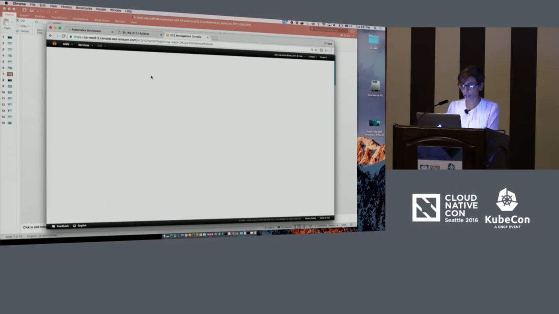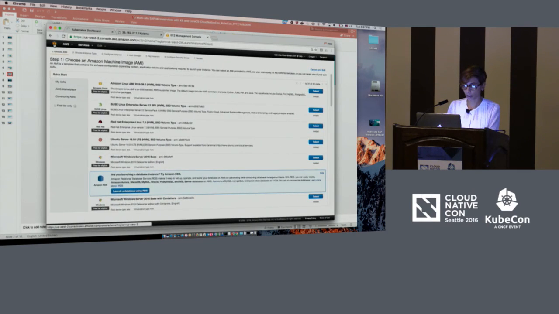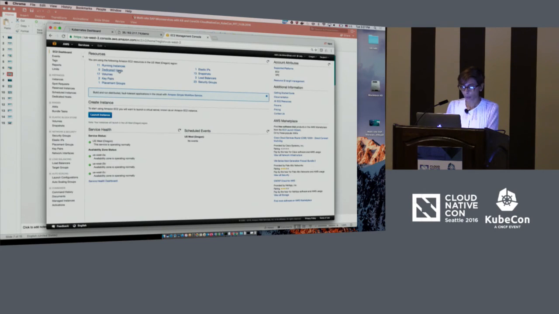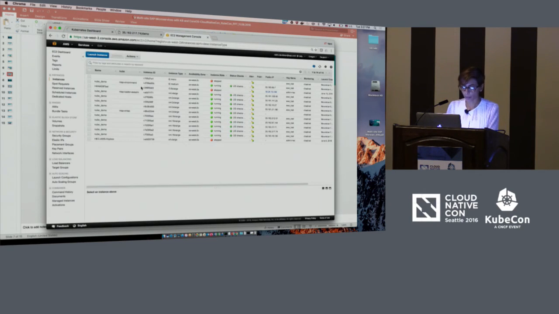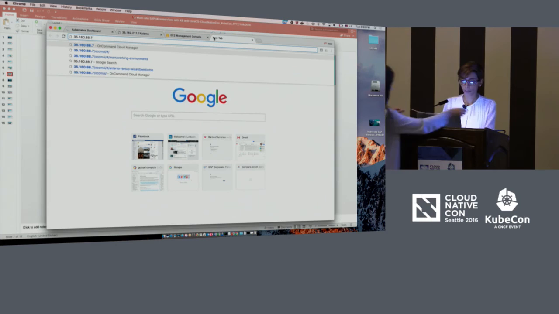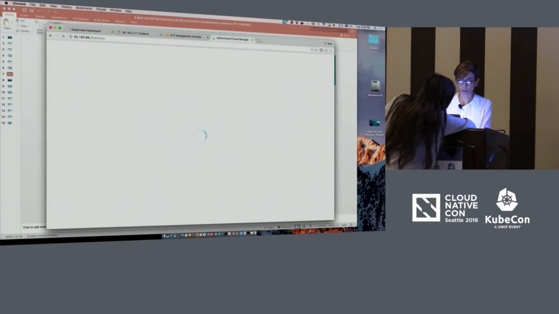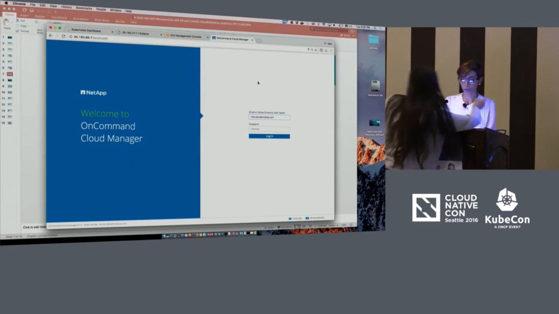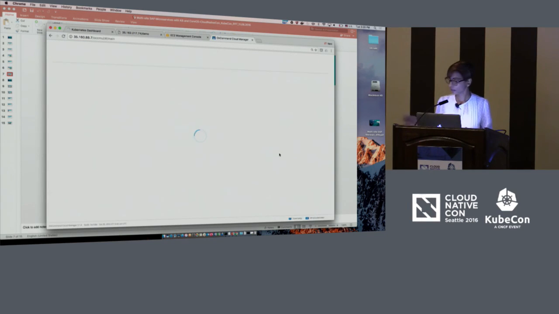So this is our EC2 environment where we did the demo setup. And we go to EC2 here. We see there are 11 instances running. As you can see, there is one thing that says ONTAP. There's another thing that has a tag OnCommand Cloud Manager. So if you actually go here to OnCommand Cloud Manager, it asks you for setup information. You log in,